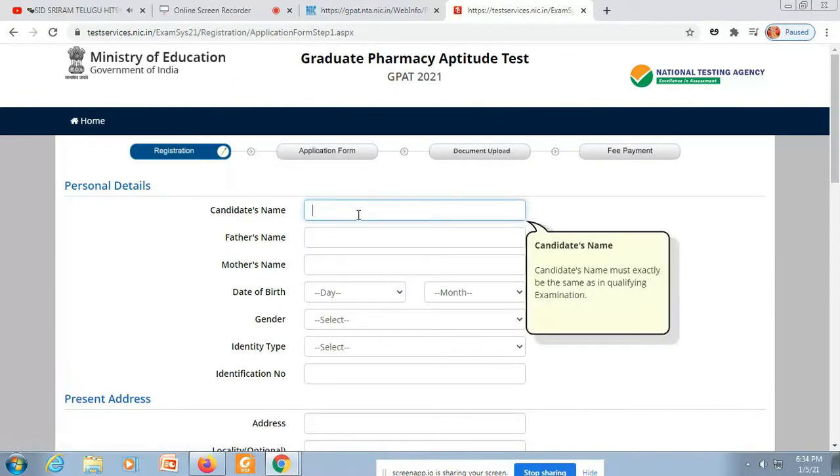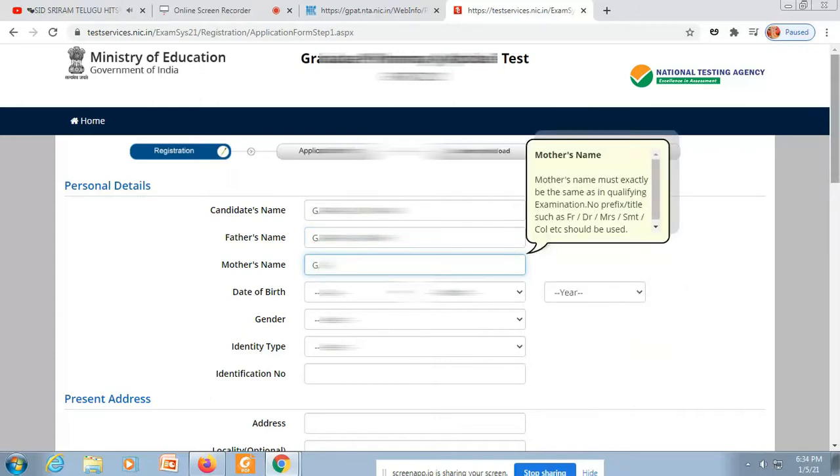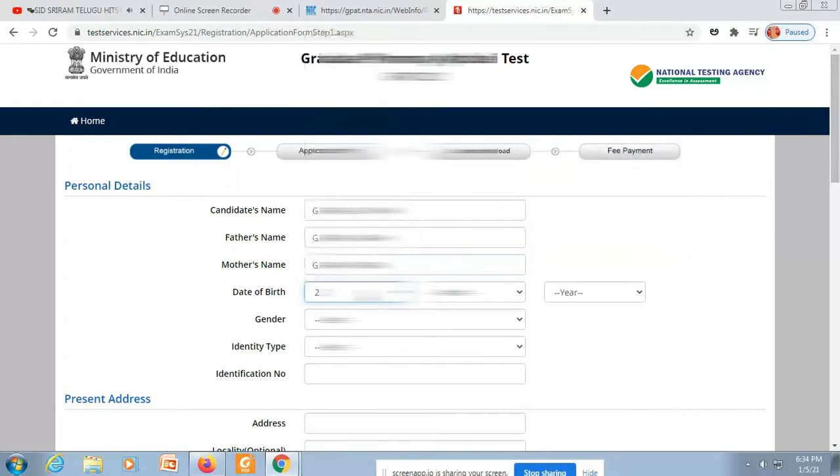You have to read all the details. Don't worry. Now we are at registration process. You have to fill your personal details like your father name, family details, etc. Please make sure the candidate's name must be exactly the same as in qualifying examinations. Don't make mistakes here and try to reapply or edit. Don't try it. Just make sure you fill the correct details. Why do you want to waste your time when you can click and create the original without any mistakes?